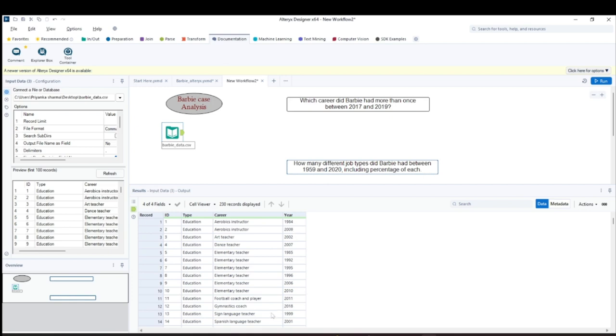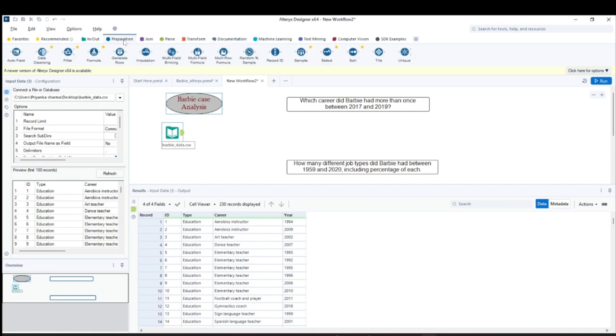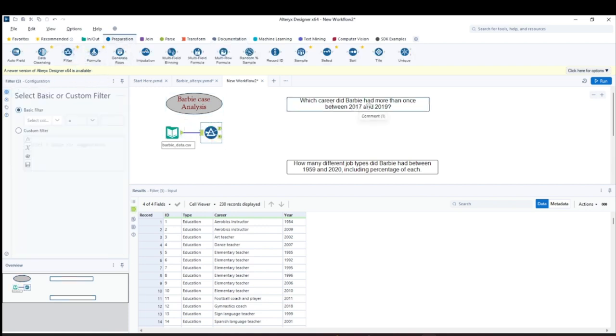The basic tool that I can use here is the filter tool, which will help me filter out data, and I can save my process, time, and also memory, because I'm just filtering a few fields given the condition. So there is the basic filter and the custom filter. Let's first understand the basic filter.